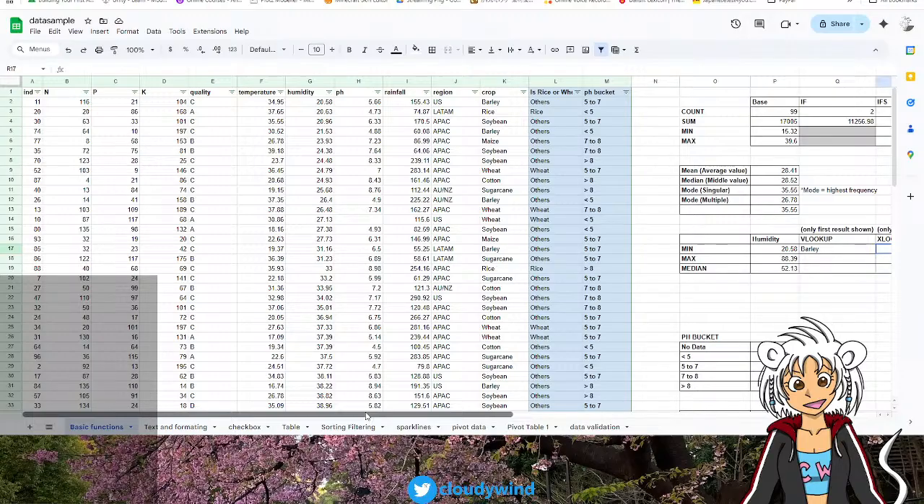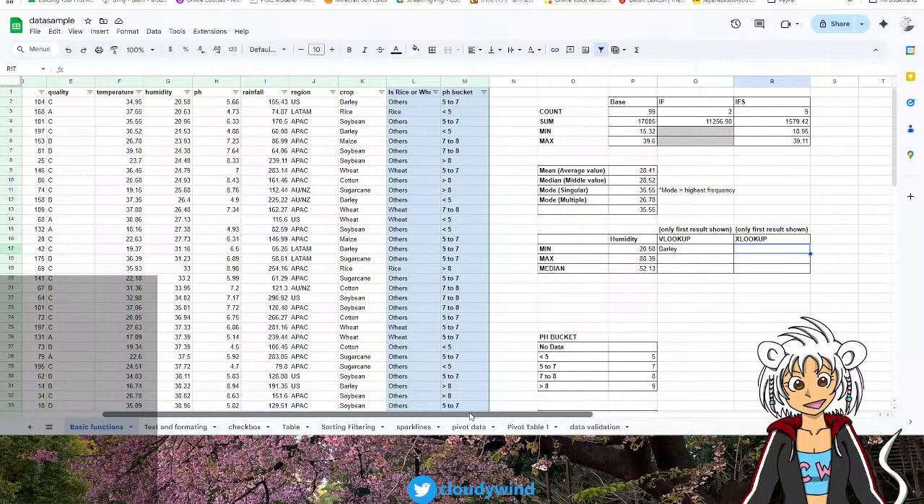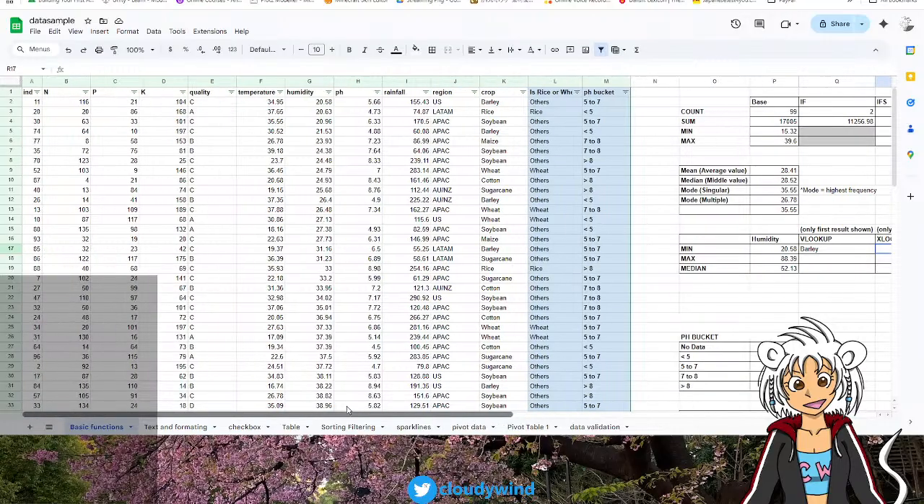Let's say we want to... okay, so one thing good about XLOOKUP is that the key value you're looking up doesn't have to be the first column. So what does it mean? Let's say, for example,